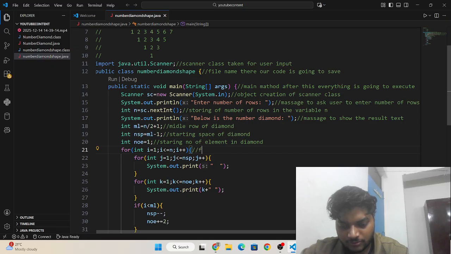This is a for loop. This loop is controlling the number of rows. This is controlling the number of spaces.